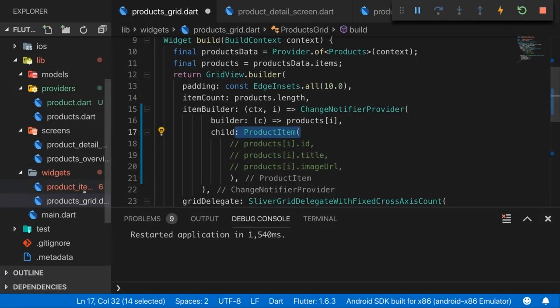Now there is actually one little problem you should be aware of when working with nested providers as we're doing it here. When you're using it in a list or in a grid, as we're doing it here, where Flutter removes items when they leave the screen and re-adds them when they re-enter the screen, in such situations, what actually happens is that the widget itself is reused by Flutter and just the data that's attached to it changes. So Flutter recycles the same widget. It doesn't destroy it and recreate it, which would work fine with our nested provider, but it recycles it, which